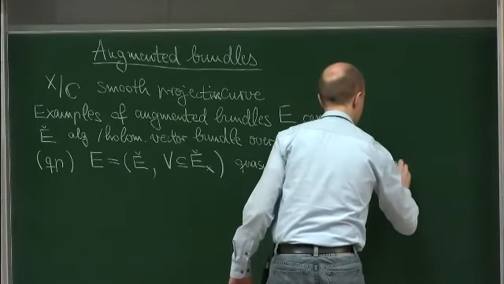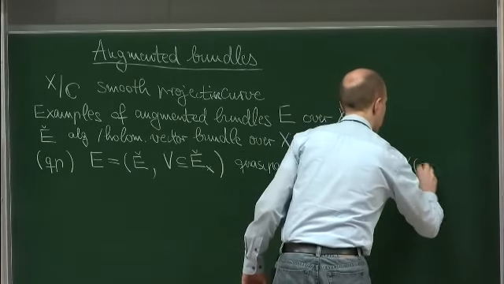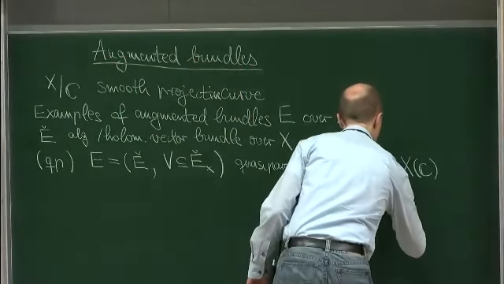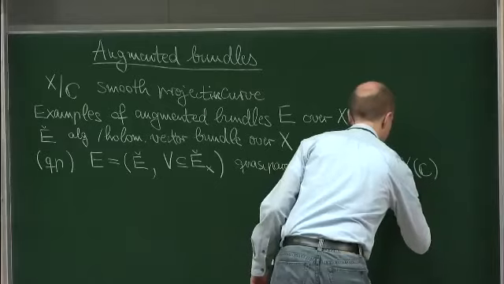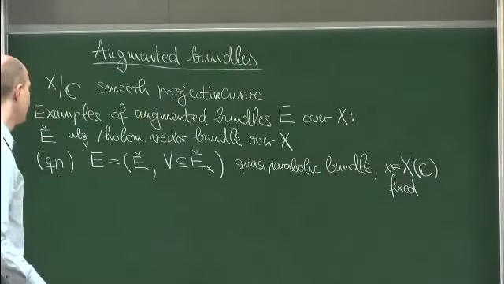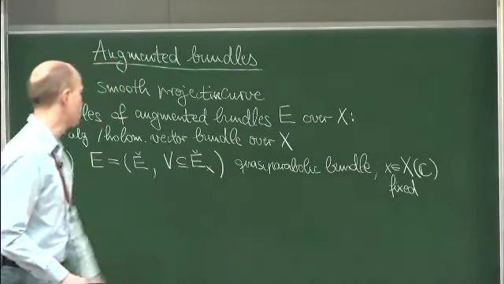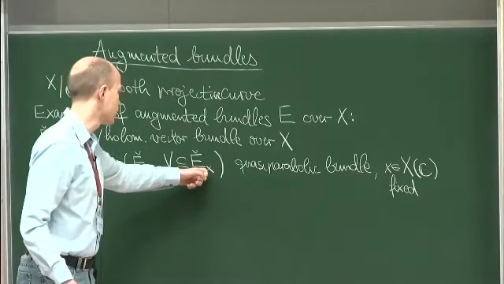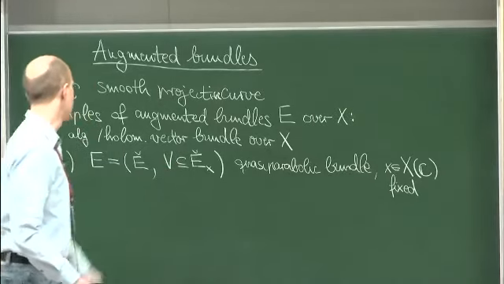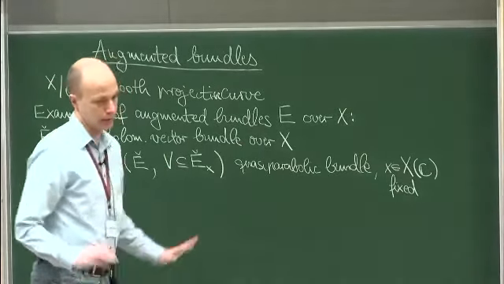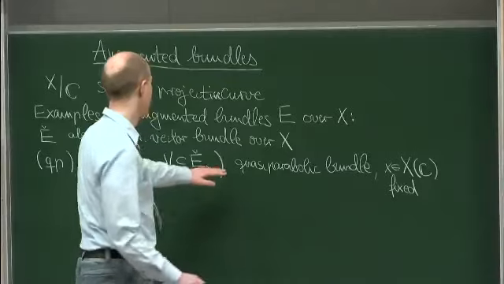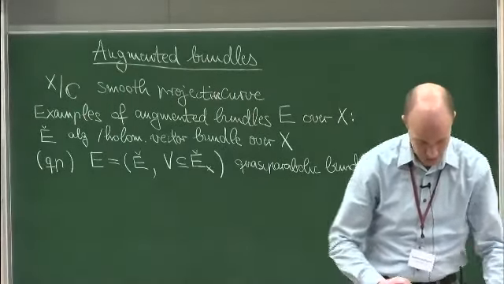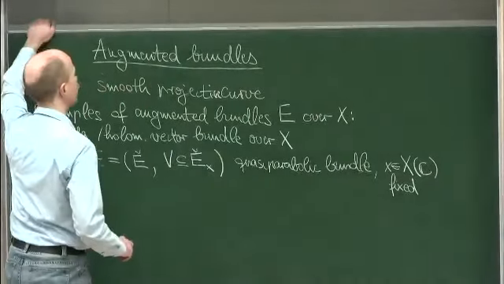So small x here is one closed point of the curve, one point of the compact Riemann surface, which is kept fixed all the time. So it's chosen once and for all. So this is the fiber of the vector bundle at that point, and a pair consisting of an underlying vector bundle and a vector subspace in one particular fiber is called a quasi-parabolic bundle. In fact, there are more general versions with flags or with several points, but let's stick to the simplest case. So this is one kind of augmented bundle,